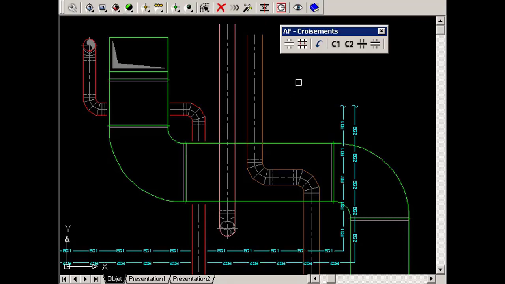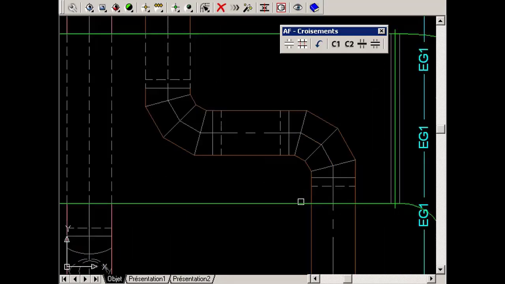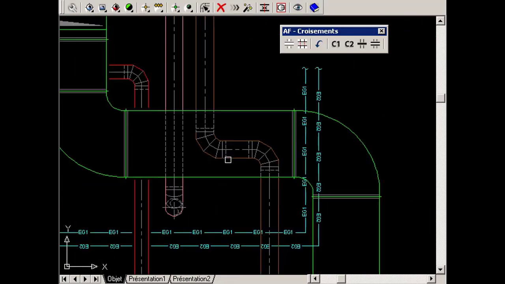Now let's try with dotted lines, with the hidden crossing command. The principle is the same. Click on the pipe to modify, and then the pipe above. In a more complex case, you can specify the points of intersection,